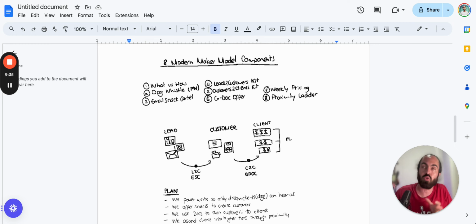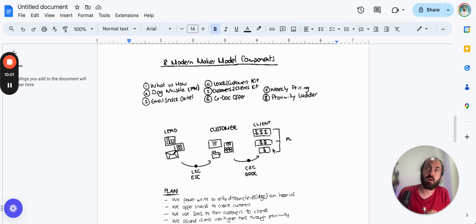Like if I am short-sighted, I need that scarcity and that urgency. But if I am long-sighted, then there's a different psychological way to paint the picture for somebody. You want them to buy the commitment and then sell the transformation. And I've also got Google Docs here, marked when we're converting customers to clients, because